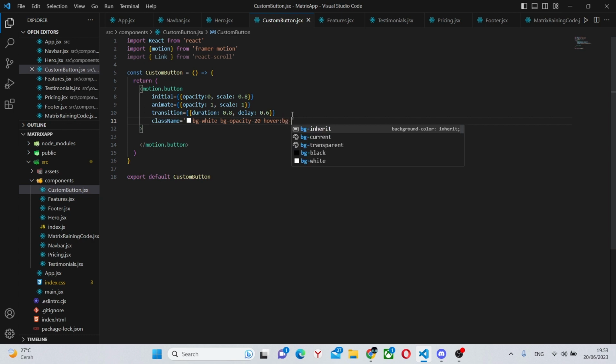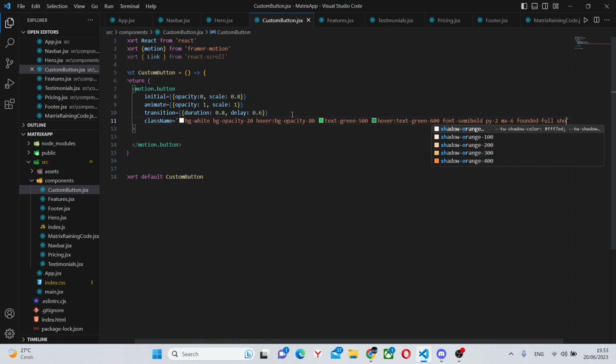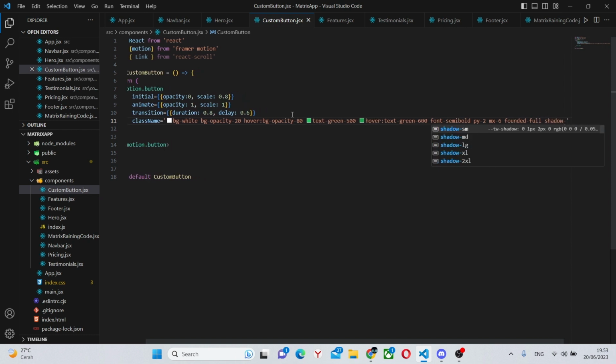Hover bg-opacity-80, text-green-500, hover text-green-600, font-semi-bold, padding y-2, padding x-6, rounded-full, and shadow-lg.